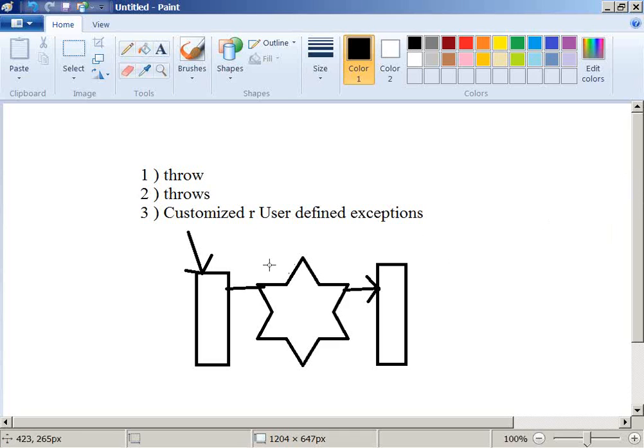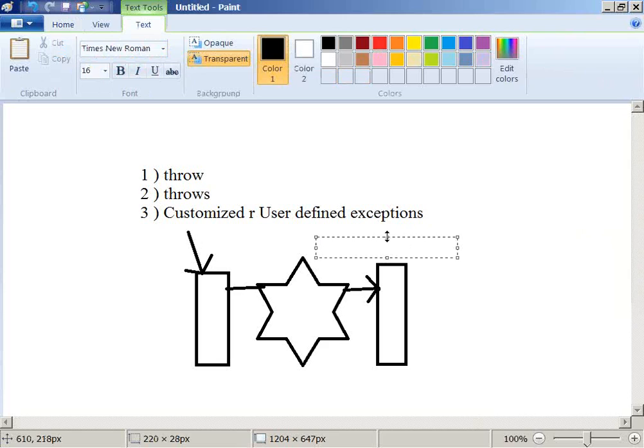The question is very simple. Network is not available. Fine. Good. One is saying network is not available. Just let me write it. Next. Come on.